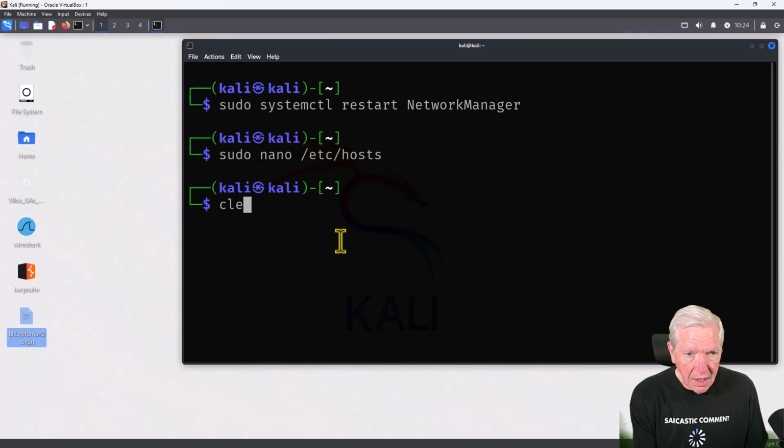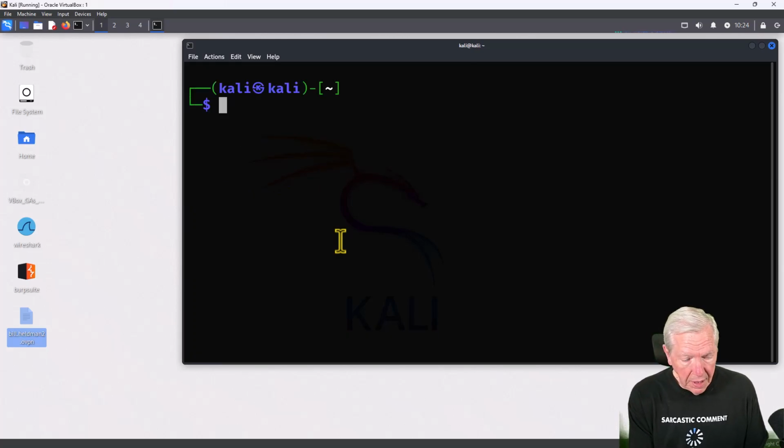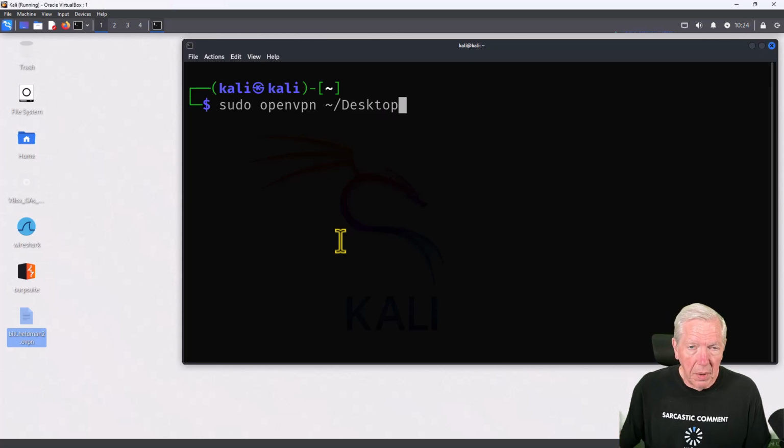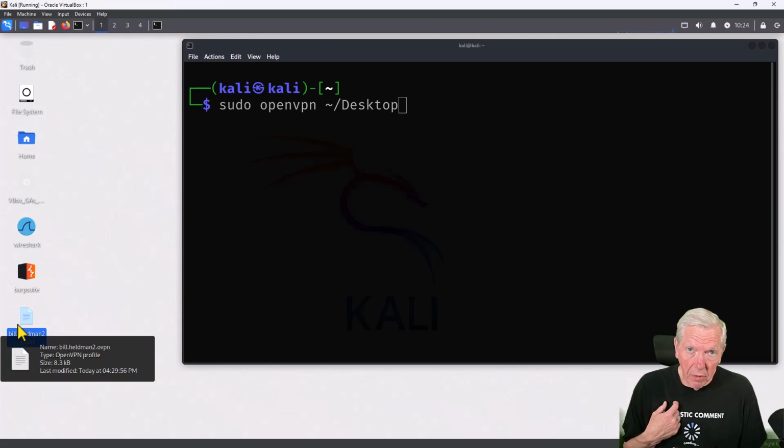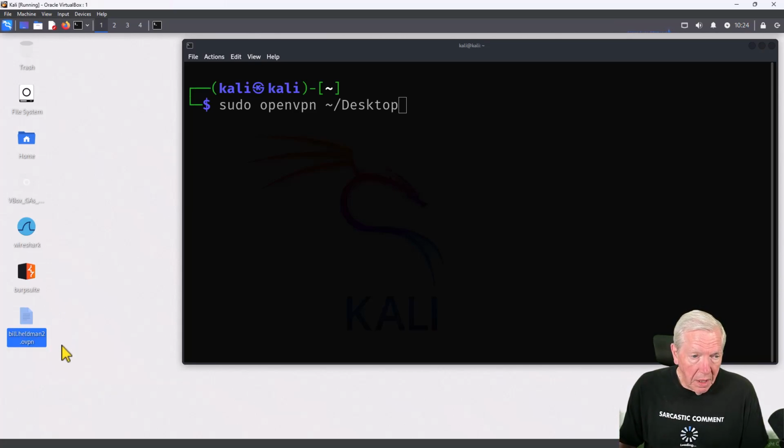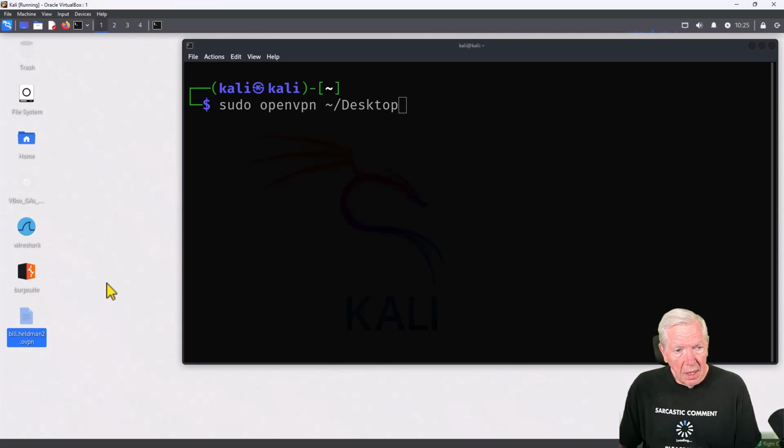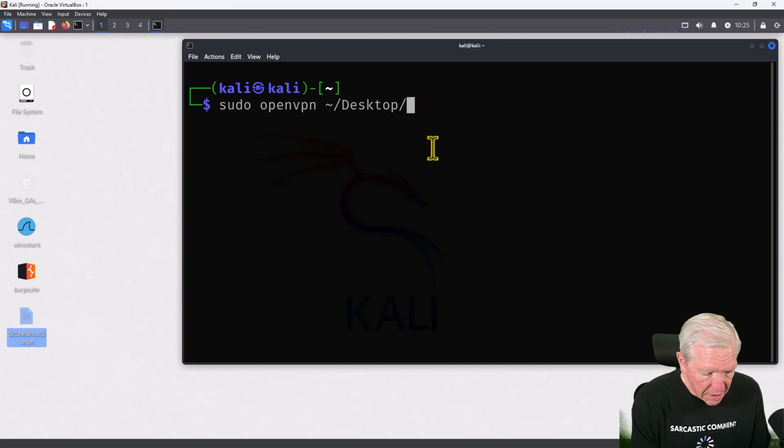Okay. Next thing that we do is we start OpenVPN. So the way that you do that is sudo openvpn, and you point it to the folder, the location, Desktop, where your OpenVPN file is at. When you go through the class in TryHackMe, it's going to require that you create one of these OVPN files, download it, and then copy it over to your Kali Linux machine so that you have it here, and I just keep it on the desktop. So I'm going to path this